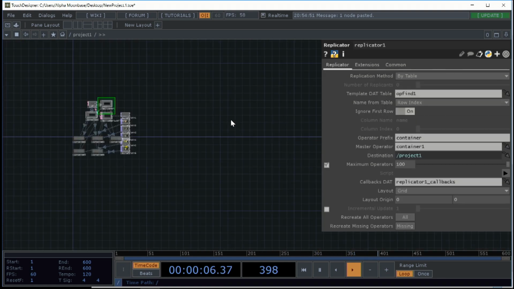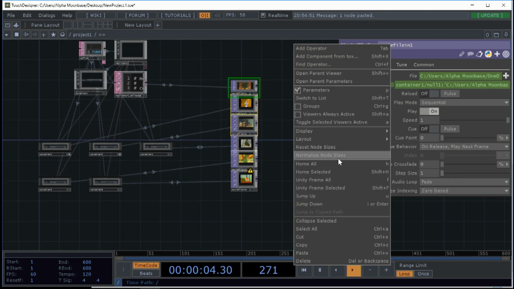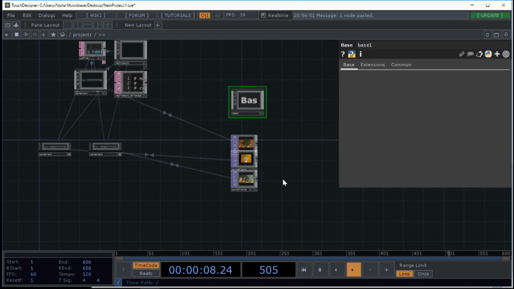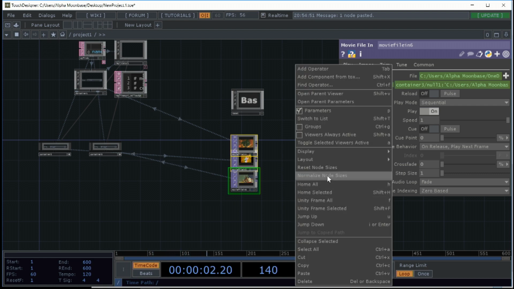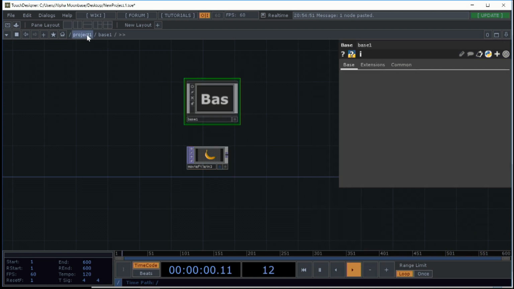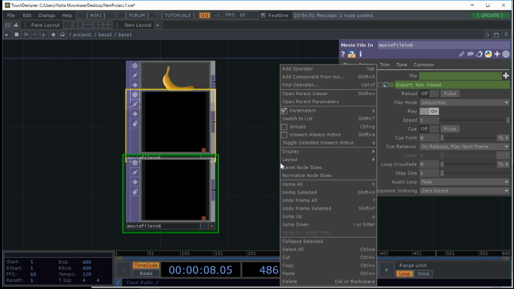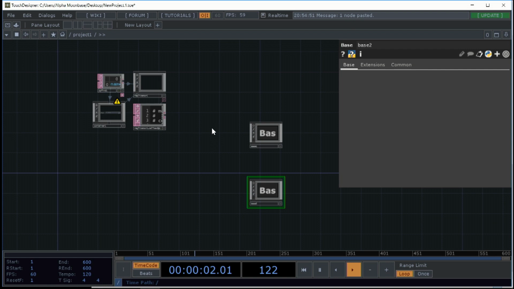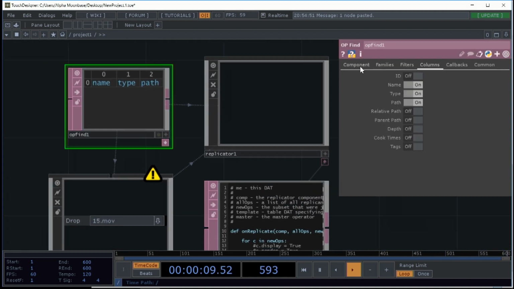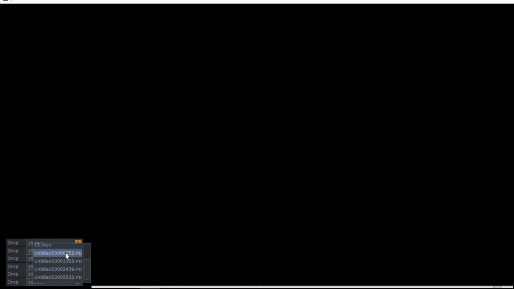We could actually go a little bit deeper, because now if we say, okay, I want to have these three collapsed. Where is the collapse? So we're going to collapse this one, and this one, and then this one, and here we are also like, okay, let's collapse these two, so they are all over the place. And to change something inside of this would be very tedious. So what we can just say, instead of the tedious way, is maximum depth, and now we got back the control of all of our movie file ins and tops